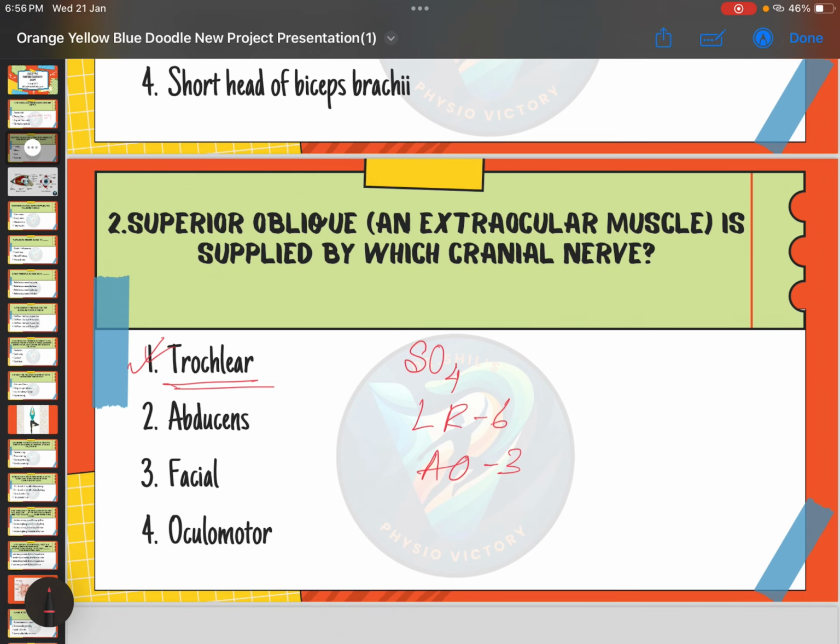SO is for superior oblique, which is supplied by the 4th cranial nerve. LR for lateral rectus is supplied by the 6th cranial nerve, and all others are supplied by cranial nerve 3,